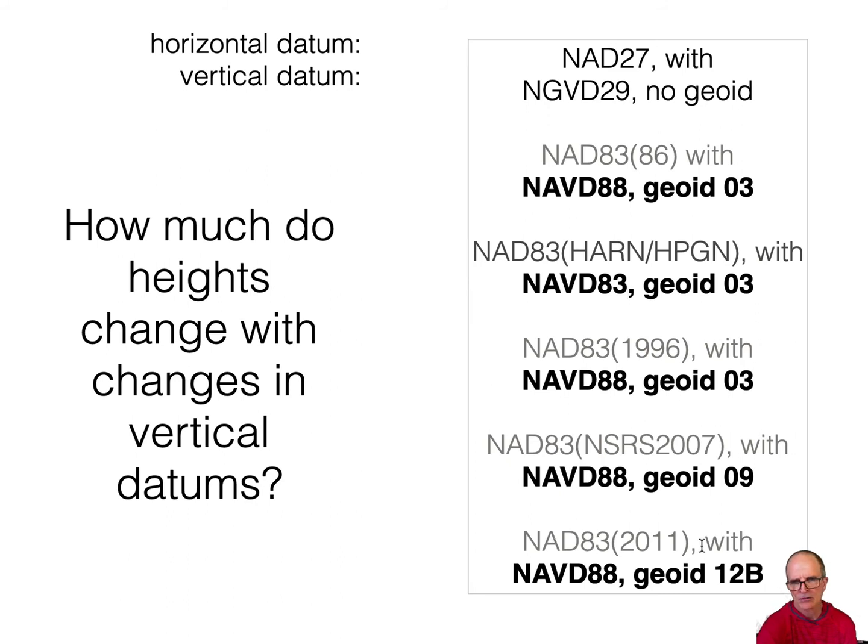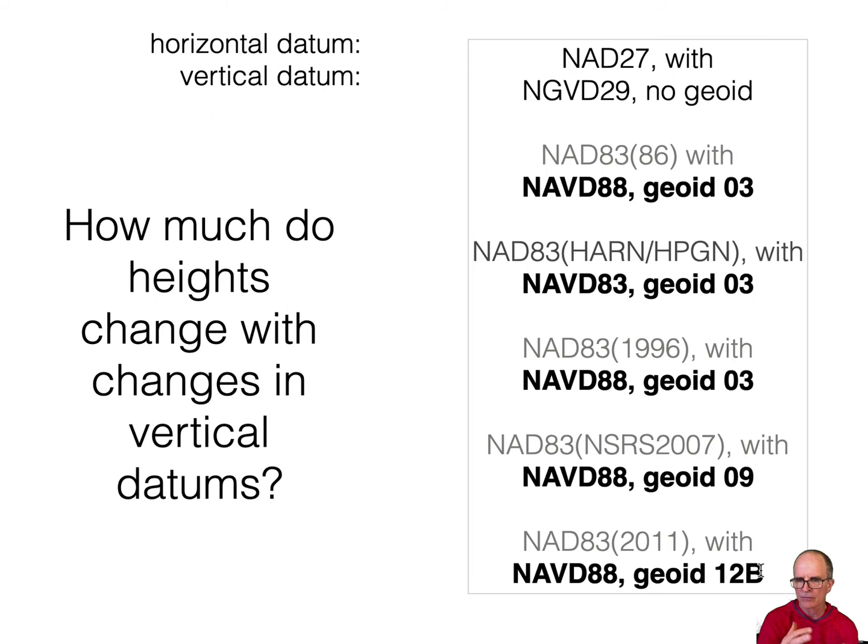The NAD 83 2011. Now this realization that they're paired is important, particularly with LiDAR now, because people are developing and generating a bunch of LiDAR data measured relative to a specific geoid. And you can calculate an offset in a location, if you use a different geoid, but you have to know which geoid the data are delivered in. A lot of the data are getting delivered in a European geoid and